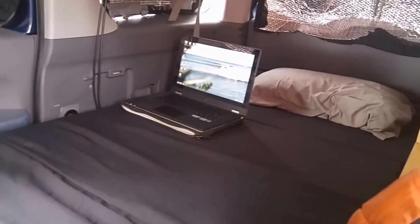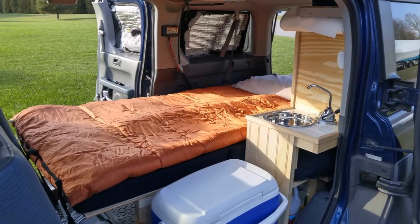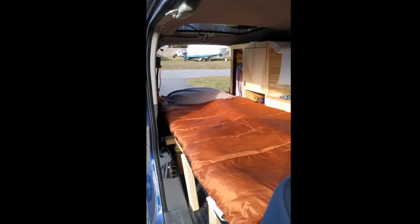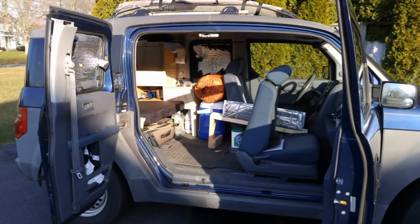With rising house prices, you're seeing a lot more people taking to the streets and using cars and vans as their house. And it makes a lot of sense because you can do so much more having a car. And a Honda Element really gives you all of this and more because it's got so much to it. It's so versatile. In a few weeks, I've converted it into a livable camper type configuration. It all starts out with this 2004